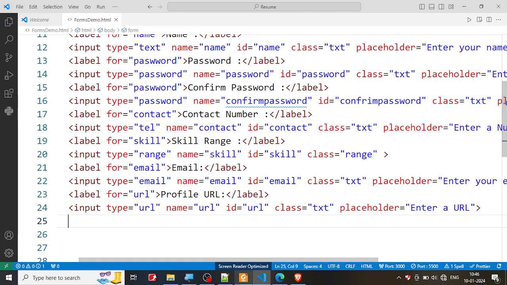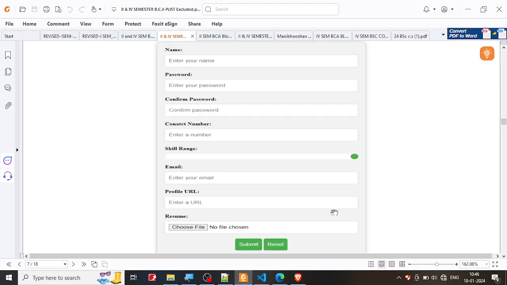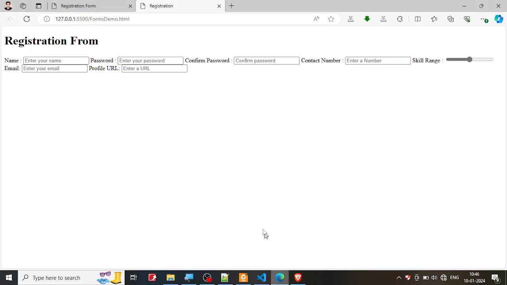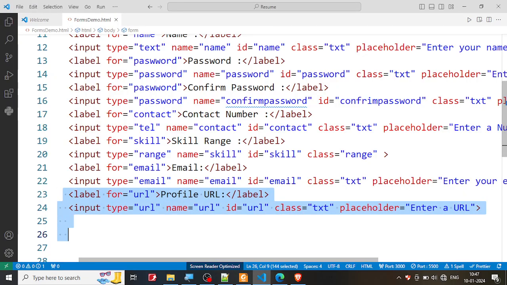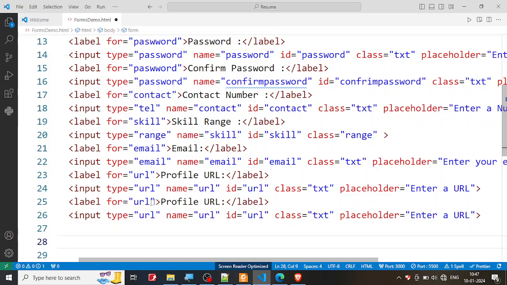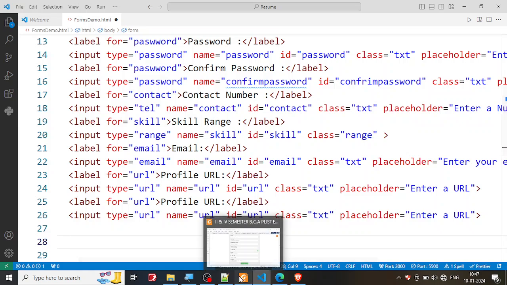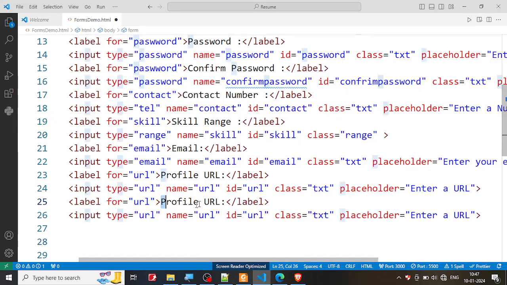Now let's look at the next thing. What they have here is a file upload option. So let's go ahead and go to Visual Studio Code. I'm going to copy these two lines and paste them. And this is going to be the resume that they want us to upload. So this is resume. The text is resume,